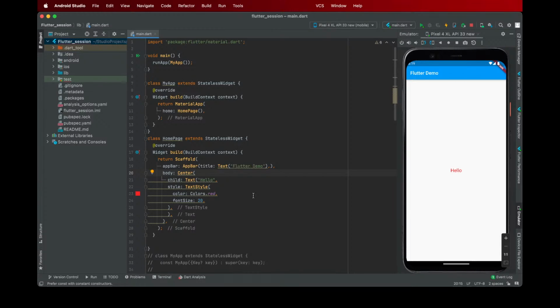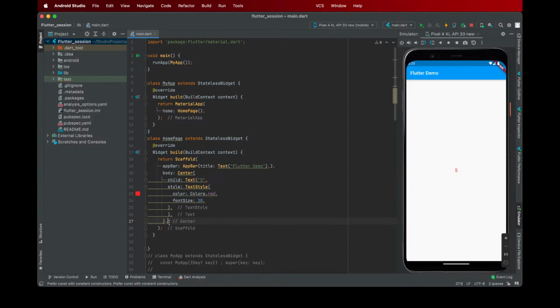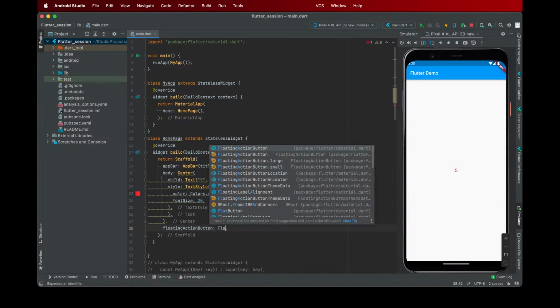Which is completely what we wanted to do. But what we want to do is make a counter app, right? So I'll just make this text, let's say, 5 for now, and it displays 5. And we need an add button to basically increment the counter, correct? So there's another very useful property of scaffold, called the floating action button property. What is a floating action button? It's just a small circle kind of thing that you can see in many apps these days. So it will take a floating action button widget,